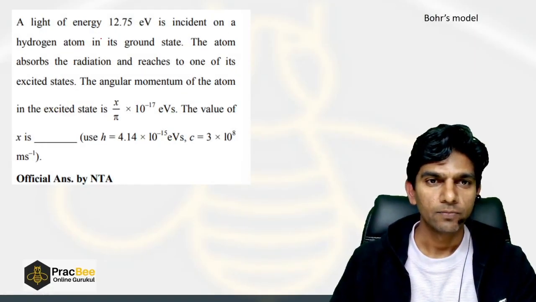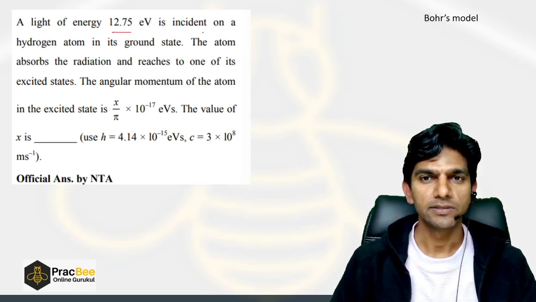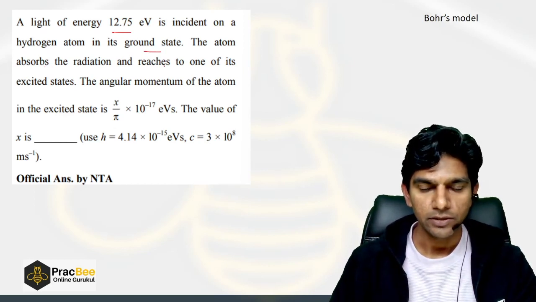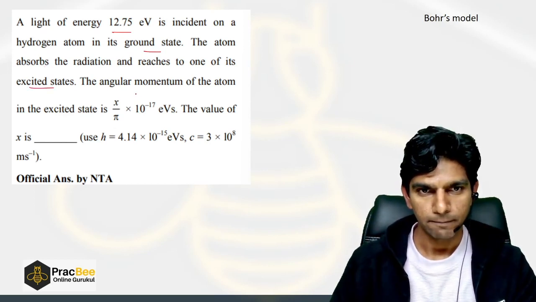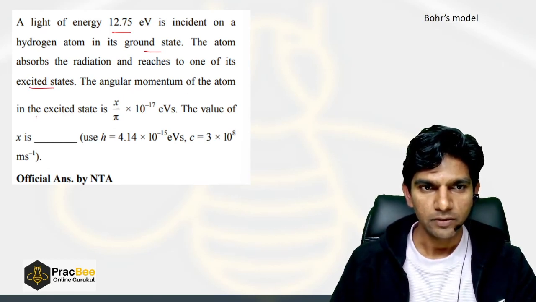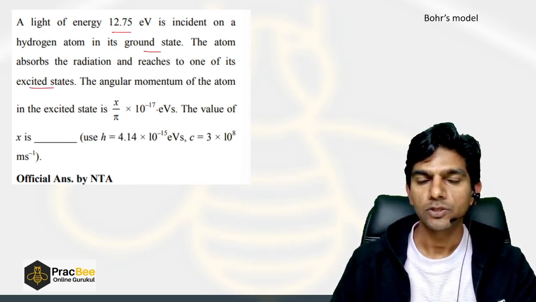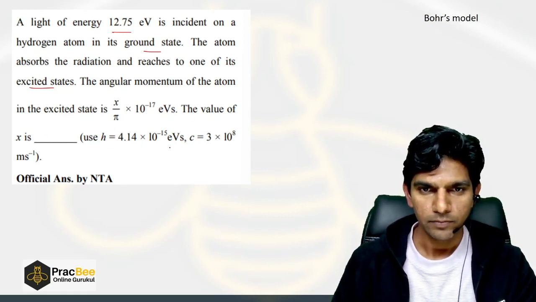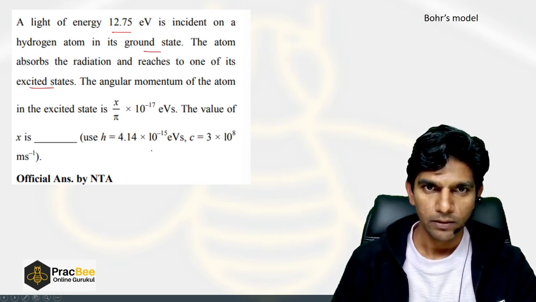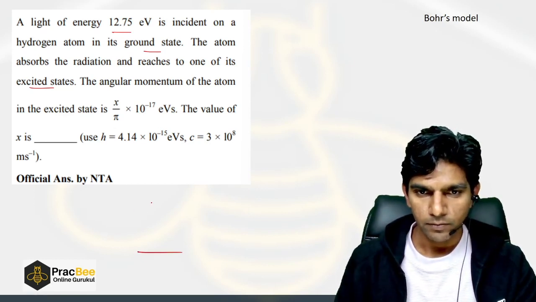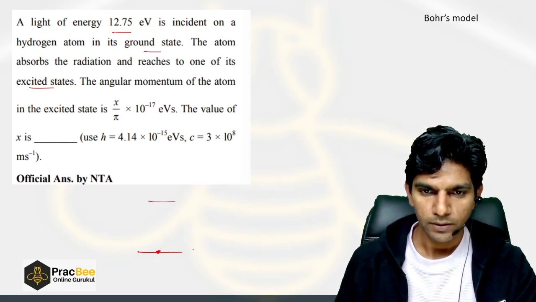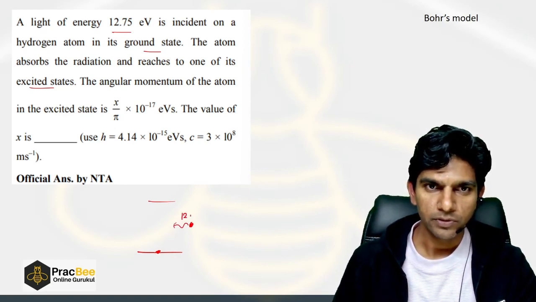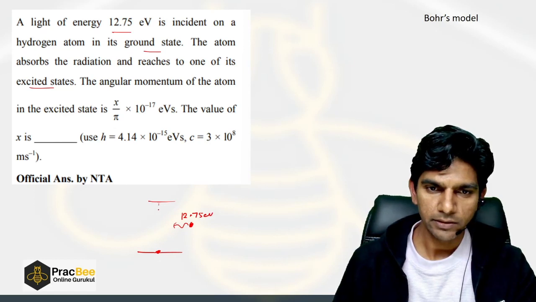Light of energy 12.75 electron volt is incident on a hydrogen atom in its ground state, and the atom absorbs the radiation and reaches one of its excited states. The angular momentum of the atom in the excited state is x upon pi times 10 raised to power minus 17 electron volt second. The value of x? The h value is given in electron volt second, and the c value is also given. Okay, right. So the electron is in a lower energy state, and we have given some energy in the form of a photon, and the energy of the photon is 12.75 electron volt, and by gaining this energy, the electron